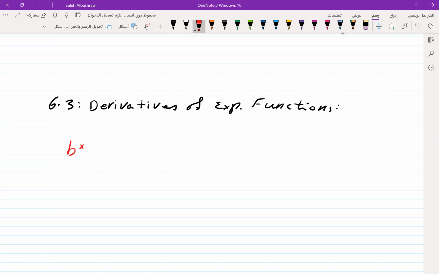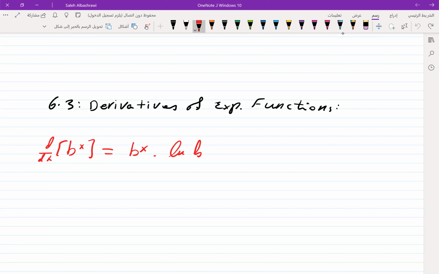And for the logarithmic function, we said that the derivative of log is equal to f prime divided by f of x multiplied by ln of the base. For the logarithmic function, we divide by ln of the base. For the exponential function, the derivative with respect to x is equal to b to the power x multiplied by ln of b. So the derivative of the exponential function b to the power x is b to the power x multiplied